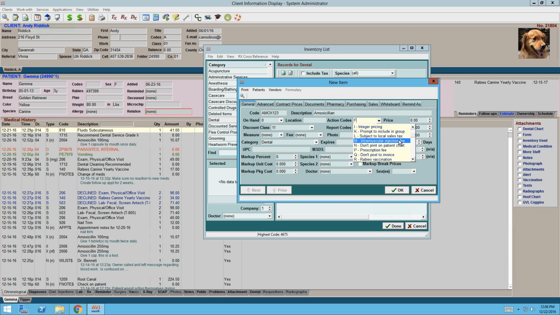There's also a code that makes it a prescribed medication, doesn't it? Or is that just the prescription fee? It's just the prescription fee does that too. So you have to have that code on there for it to show up on the RX tab down here, right? That's one way. Not necessarily,